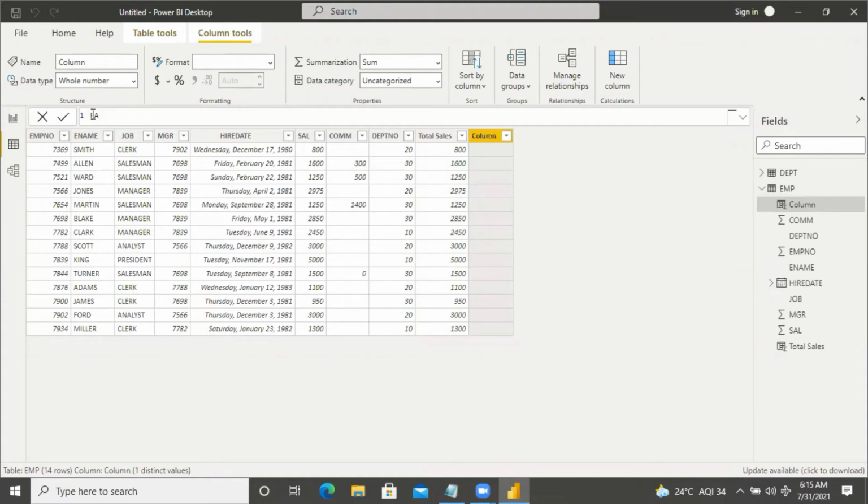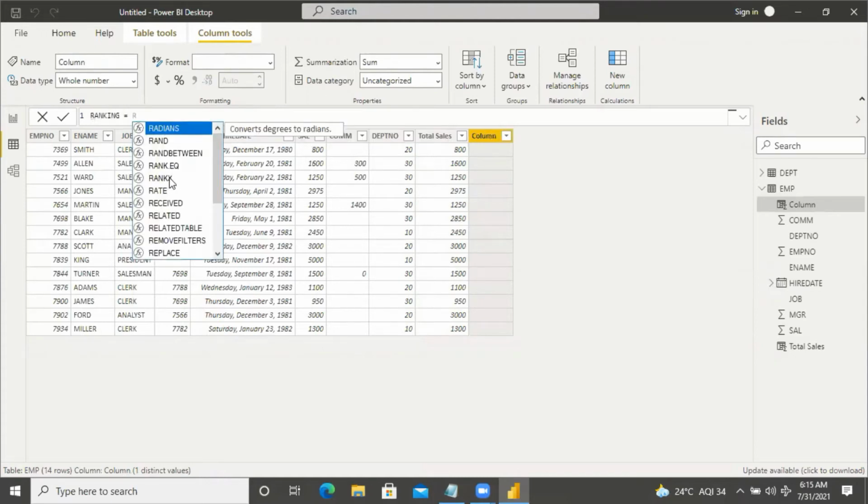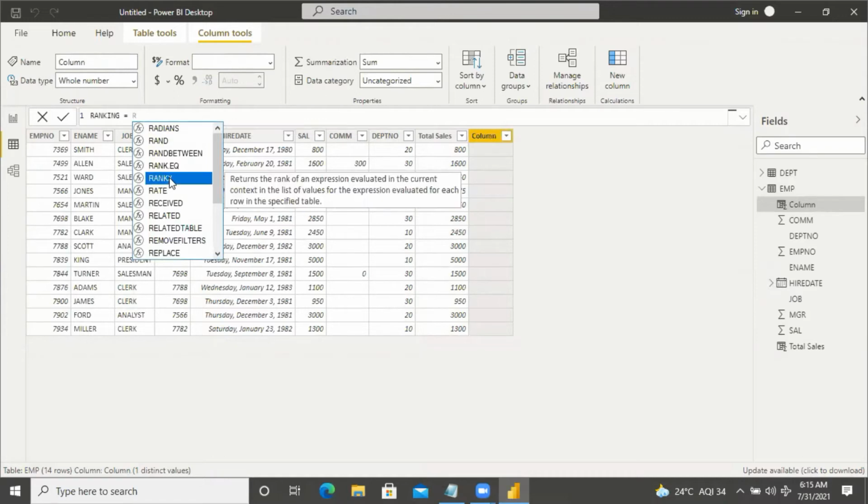The RANK function is equivalent to RANKX. RANKX is the function.